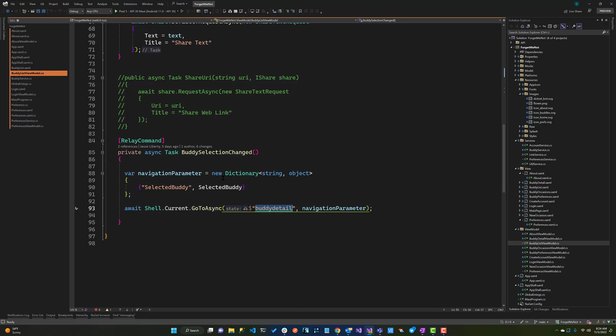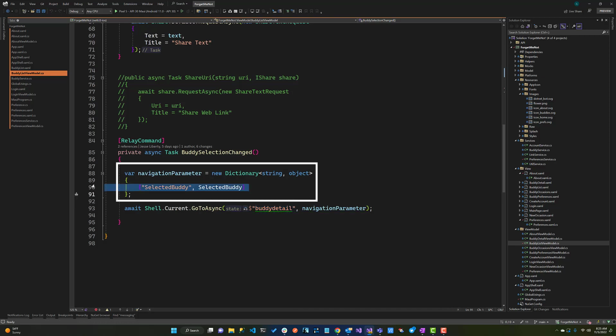The way I do that is I create a dictionary with a key and the object. I'm only going to have one entry this time in that dictionary. The key is going to be selected buddy, could be any string you like, and the value is going to be the selected buddy object itself. That is the buddy that was selected out of the list. When I get to buddy detail,